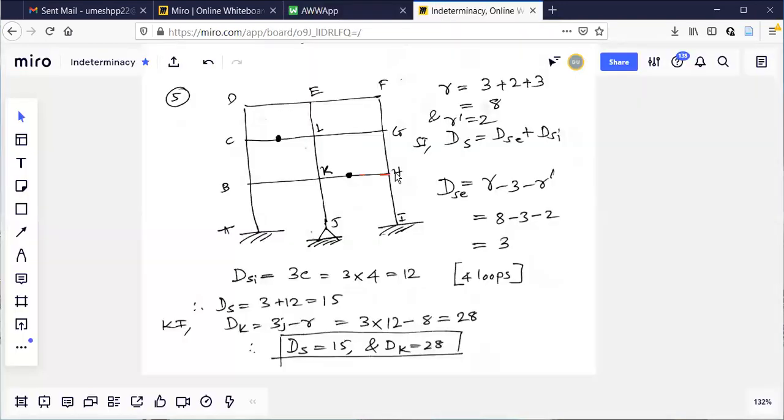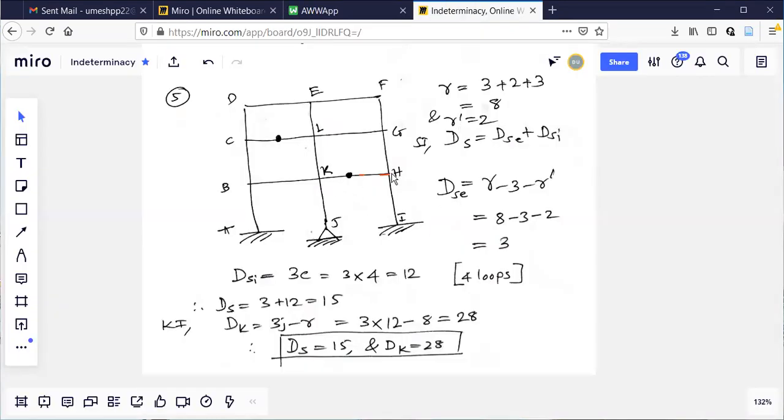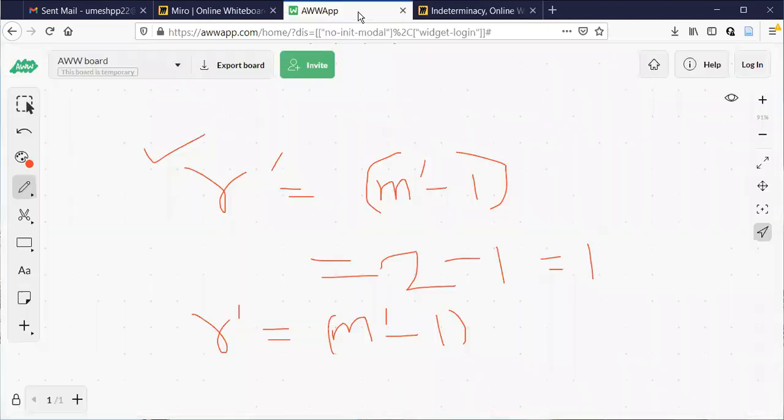Okay. But in this problem, one more hinge is here. Again, this hinge is also connected to two elements, this side and this side. Again, M dash is 2. Observe here. This is for one hinge. Again, same formula I will use. Again, I'll write M dash minus 1 there. Here also, this hinge is connected to two elements on either side. That is why M dash is 2. So this is again the same thing. 2 minus 1 equal to 1. So R dash is totally this, because two hinges are there, 2 here.